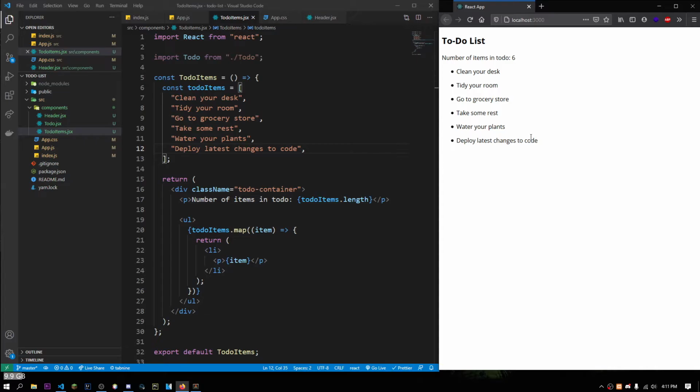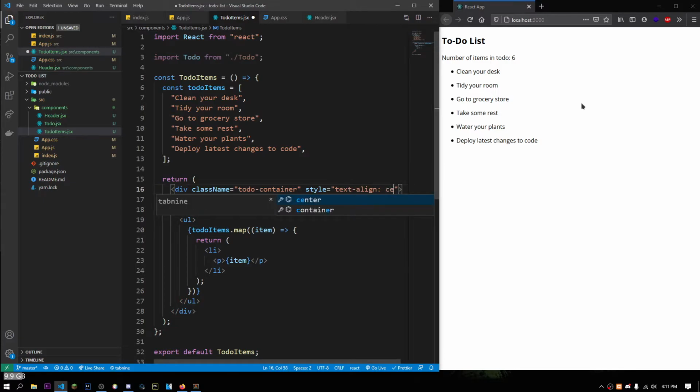Now let's talk about inline styling. Now, when you have normal HTML, you could just easily style some stuff with, for example, style, and then do text-align center or something like that. But with React, you can't do that. So if I just do test,